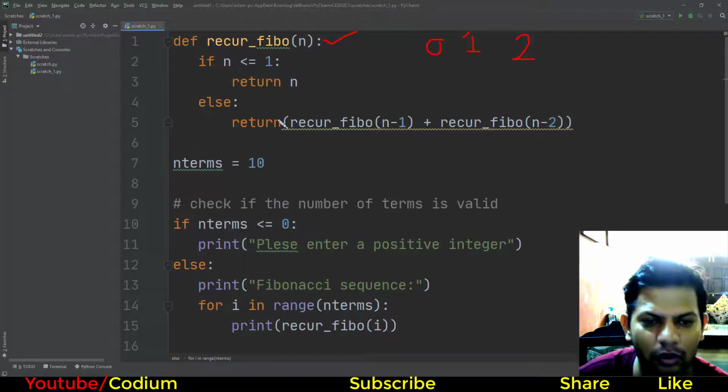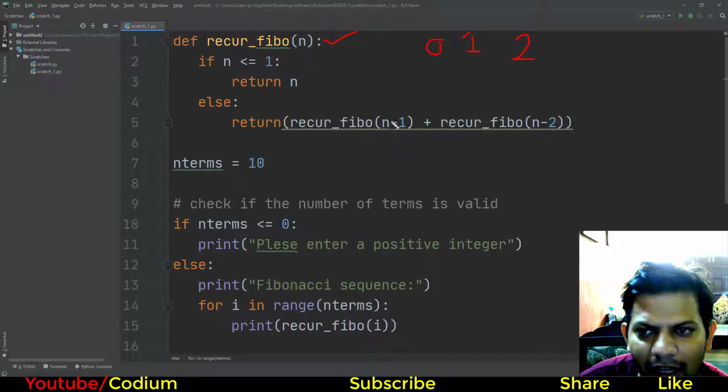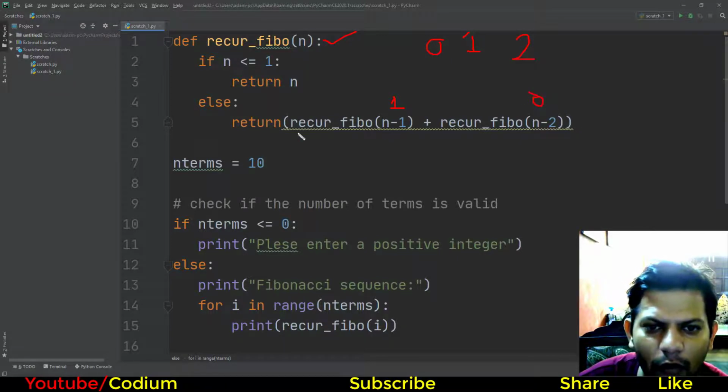what happens? Now you have to focus on this return. So the value of the recur_fibo function: with n as 2, 2 minus 1 is 1, and here 2 minus 2 is 0. Now we have the function with argument 1 plus the function with argument 0.